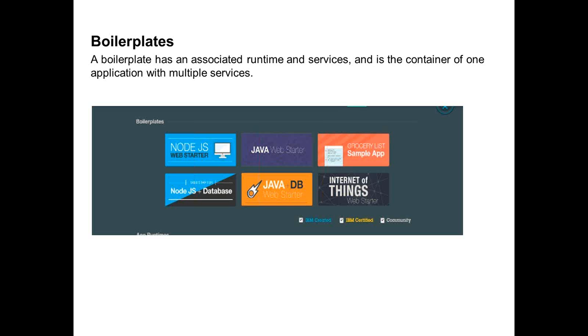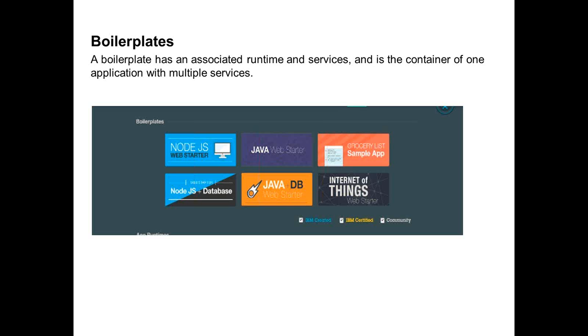So the moment you launch it, you are ready with a web container to put your code and then see it in production. Similarly, if you choose Java plus database web starter, you will have the web server, the app server, and the database configured, a 3-tier architecture configured within minutes for you, with full working connections between the database and app server. And you just need to write your code into that.